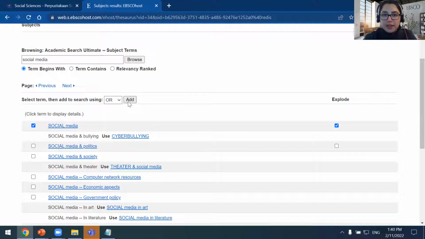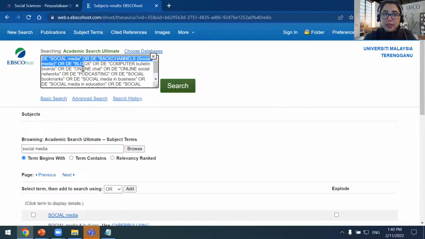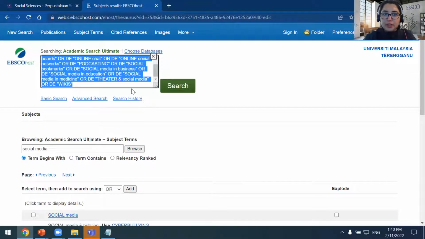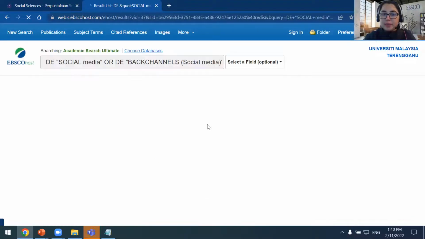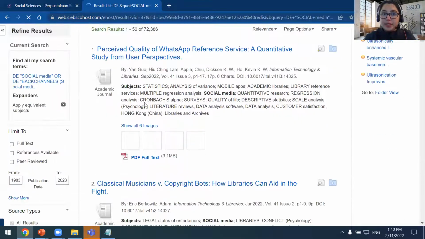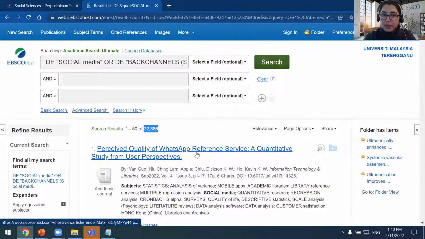And I can leave that to add to search using or, add that to my search, and you can see at the top, this is what my search is going to look like. So all these different forms of social media, and I will easily find articles that are tagged with this subject. And there's over 72,000, but I don't want to stop there.